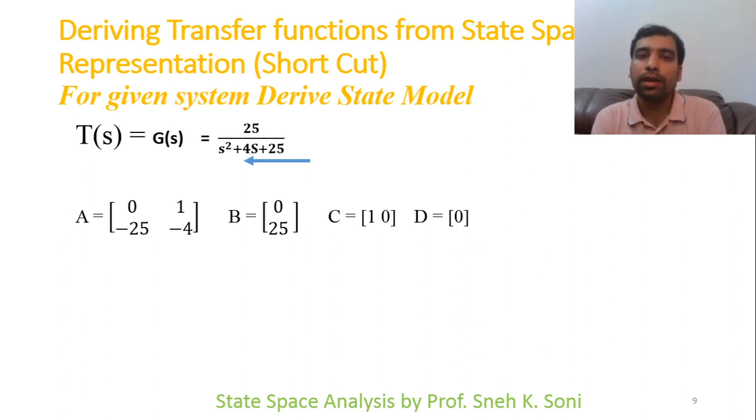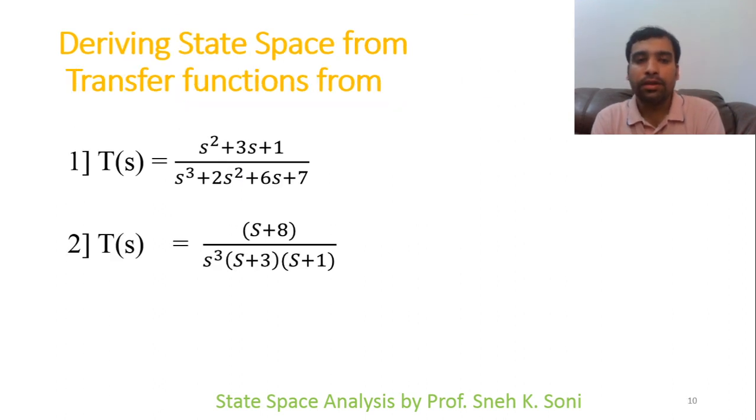This is only one method, this controllable canonical form, but we just have one method in the syllabus. We'll follow this. And after this, I've given you two problems for practice. Here I've given you two transfer functions which you can convert into a state space model. Remember that you have to do the complete method here, and you can also verify it with the shortcut.